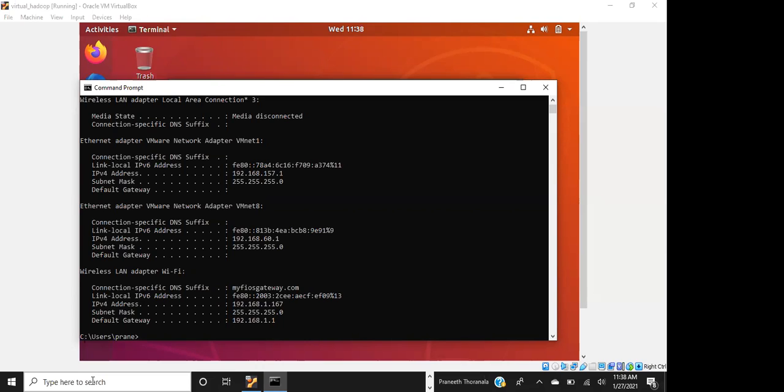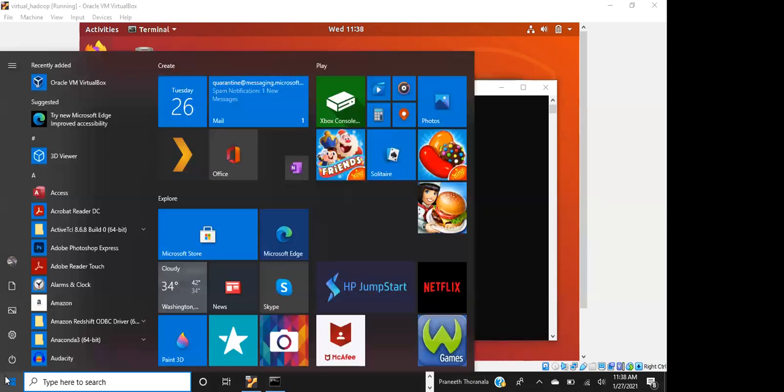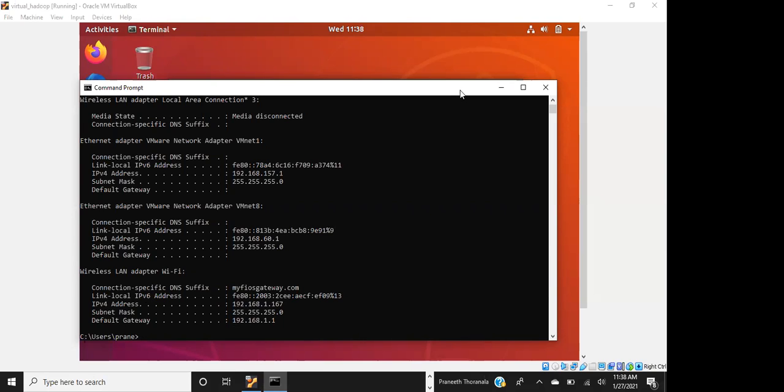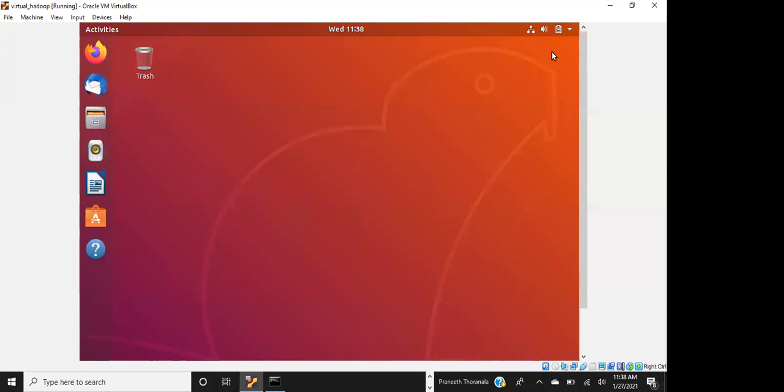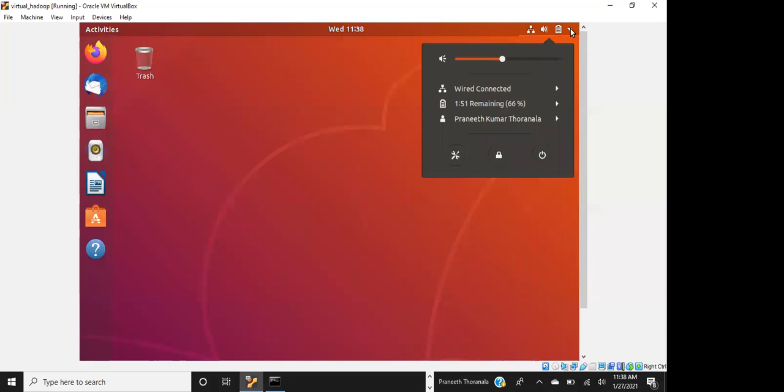Further, what you need to do is go to the Windows. Probably you can just close this VM. You can just close the virtual machine, directly. At the top, there's VirtualBox. I can power off, or maybe use the top cross button and power off.